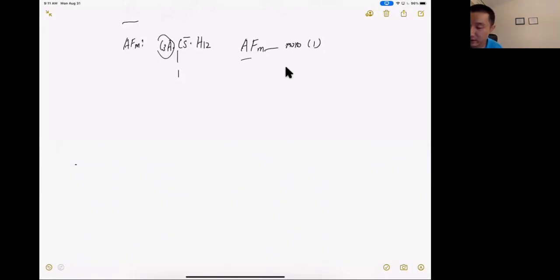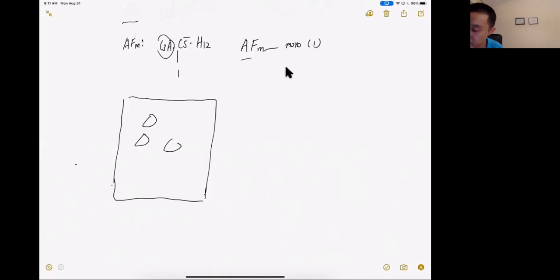Okay, so let's see. This is a container, right? And we have cement grain. All right, so these are cement particles, and this is water, liquid. Okay, so during the first stage,